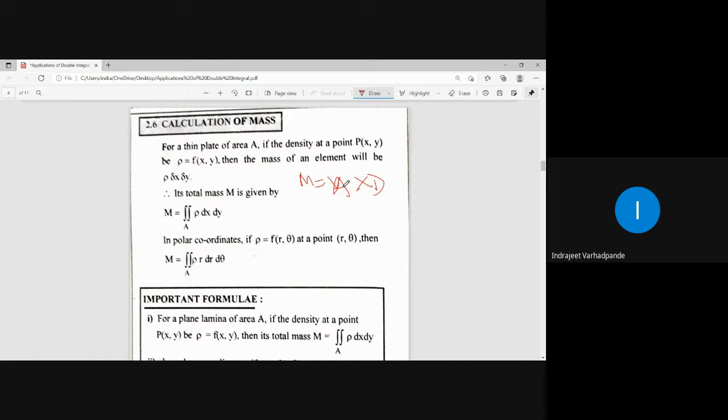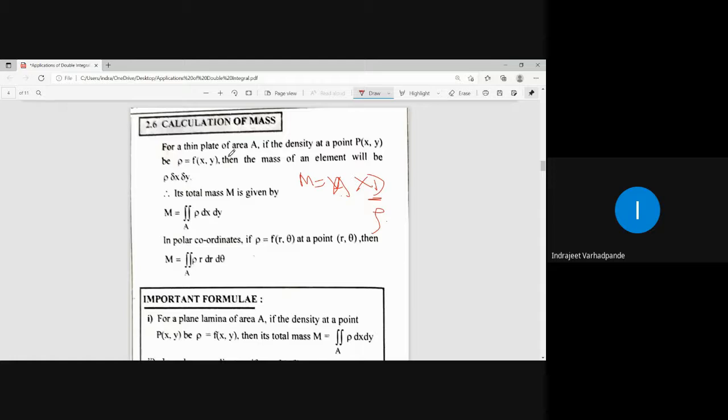Just now I saw what is the formula for the calculation of area: double integral dx dy. So if I consider this particular density as rho, the symbol rho, it will be rho into the area, and that is what the formula is generated, because here we are all talking about the plane region. Plane region means two-dimensional rectangular coordinate axis. So there is no presence of the third parameter, and therefore we stick to the variables x as well as y.